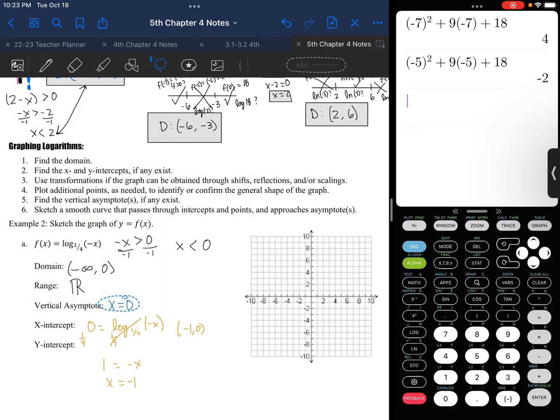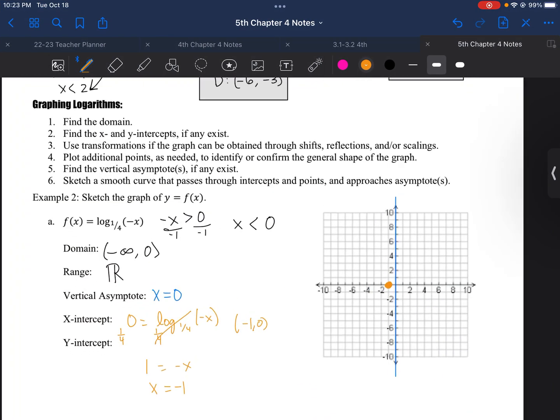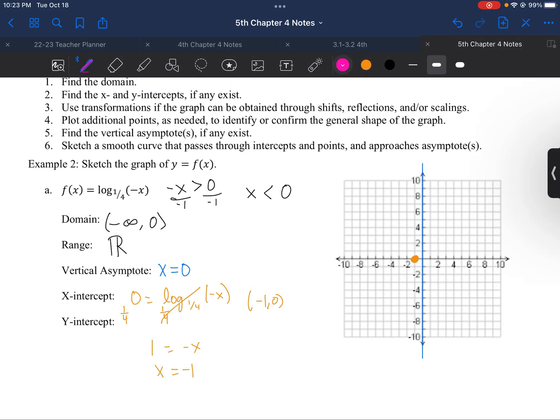Okay. So our vertical asymptote is at x equals 0, right there. Okay. Our x-intercept then is at negative 1, 0, so it's right here. Okay, now our y-intercepts would be where x is 0, so this would be the log base 1/4